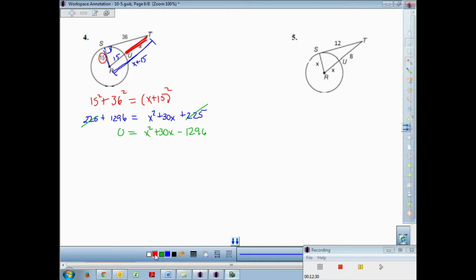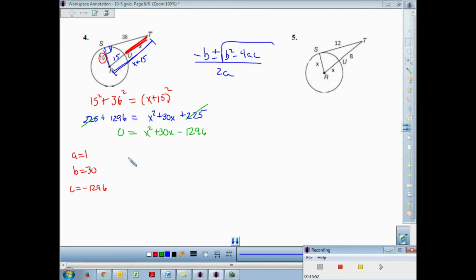I'm just going to go straight to the quadratic formula, where a equals 1, b equals 30, and c equals negative 1296. Like, I love factoring just as much as the next guy, but I'm not going to spend 15 minutes trying to find two numbers, because maybe it might not even happen. It's like, oh my goodness, this is a large number. So that quadratic formula, again, is